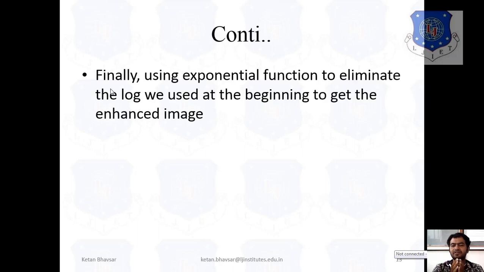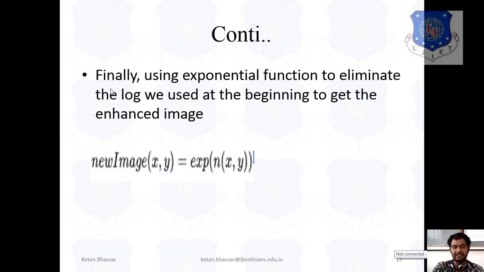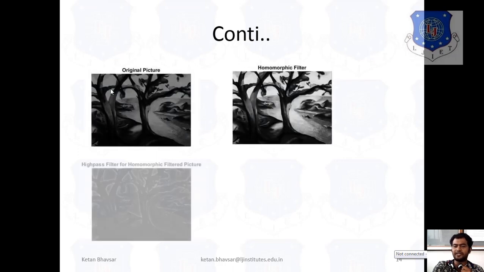So finally, with this exponential function we reduce the different types of low frequency content which is available in the image, and with the help of this method we try to improve the quality of the image, we try to improve the sharpness, we try to improve the gray frequency content as much as possible. So you are getting your new image or your filtered image after applying the exponential function on the data, and we try to improve the quality of the image.